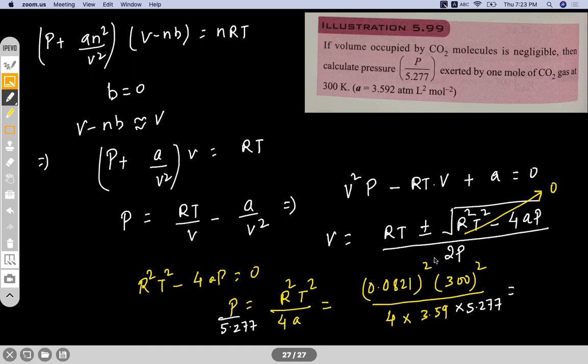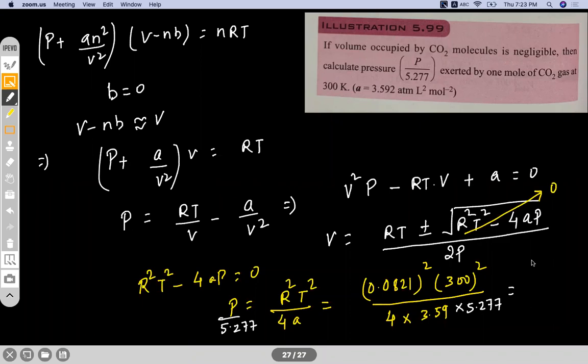Because you see, for a single pressure, we cannot have two different volumes. For a given value of pressure, V should be unique. So that plus minus term should be 0. So what is this value you are getting? Achha, you are getting it as 8. I think 8 is the answer.